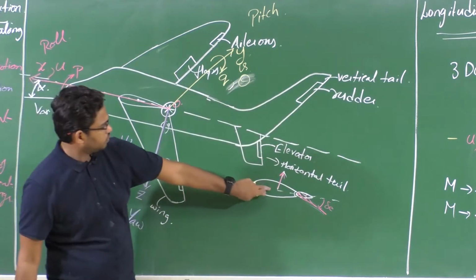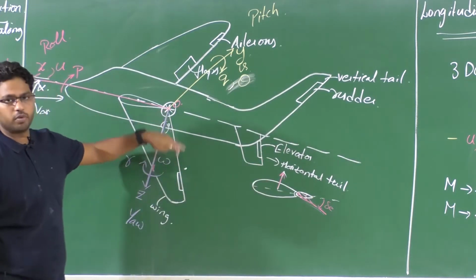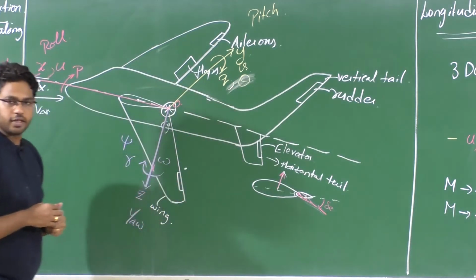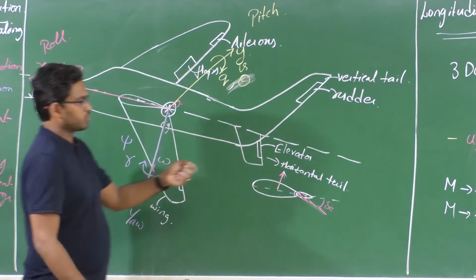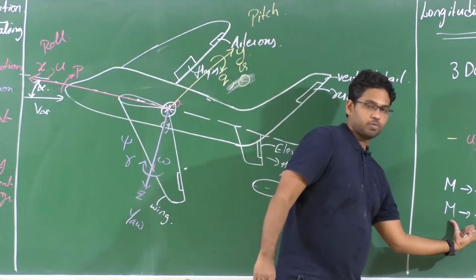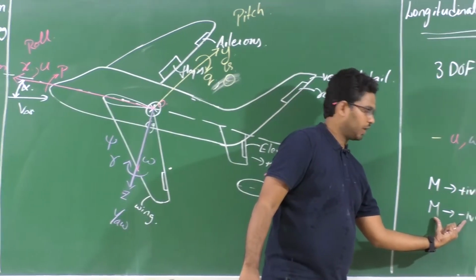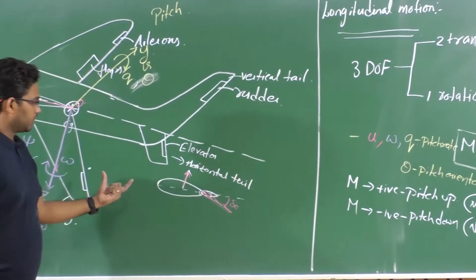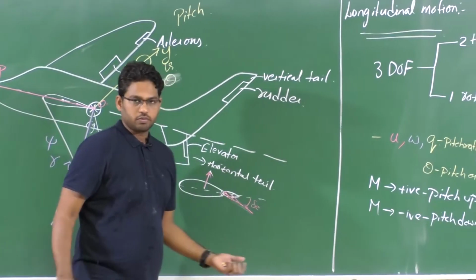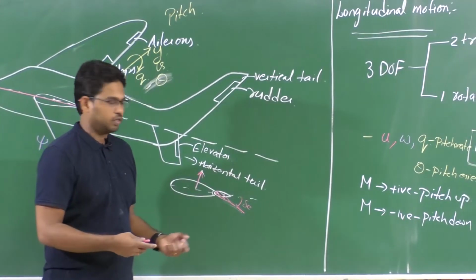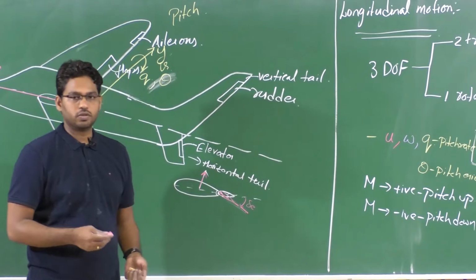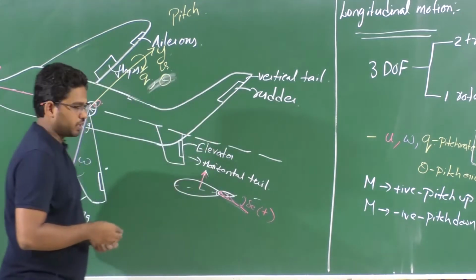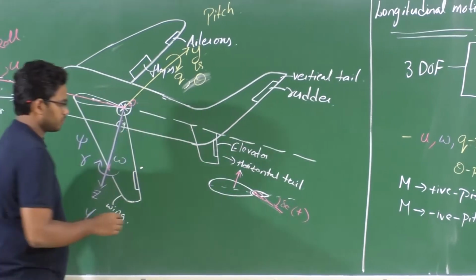And this change in force at the tail will produce a moment here, right? So this moment will be rotating the aircraft nose down. So nose down is negative moment. So the pitching moment that you have is a negative pitching moment, isn't it? So if the deflection contributes towards negative pitch, corresponding to a negative moment, then we consider that as positive deflection. Delta E is positive when it is deflected downwards, and negative when it is deflected upwards.